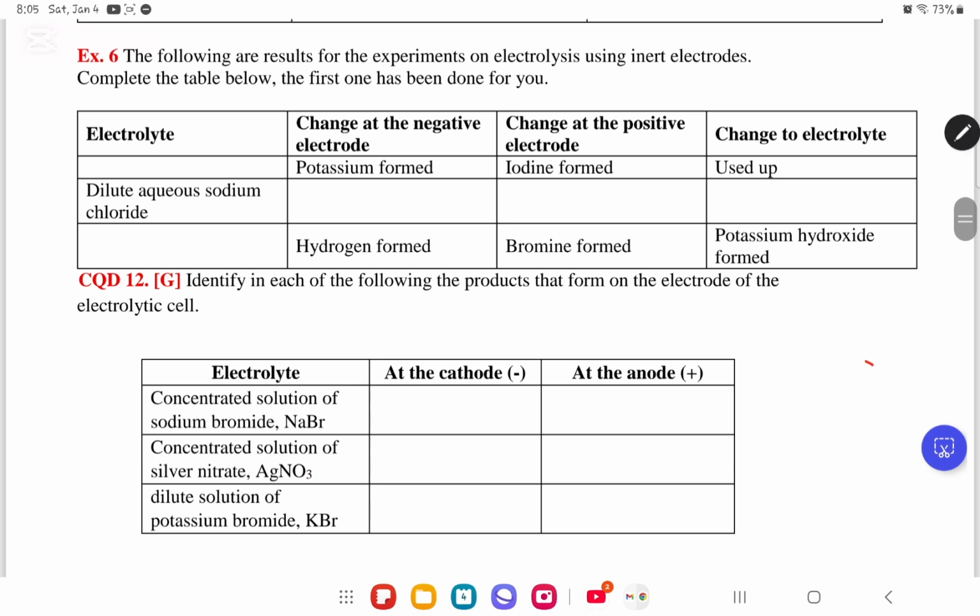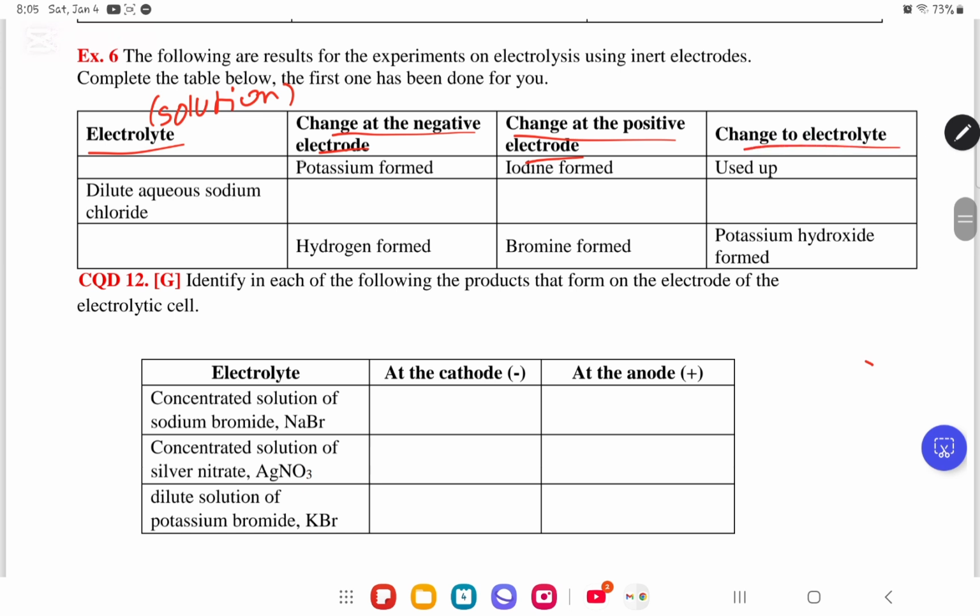So first thing we are going to see is the change at the negative electrode. First of all, we have the electrolyte, then the change at the negative electrode. Here, electrolyte means the solution. So let's say instead of electrolyte, solution. Then the change at the positive electrode, and then the change to electrolyte. For the first